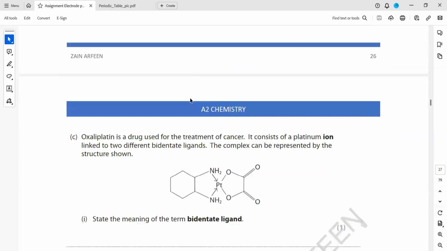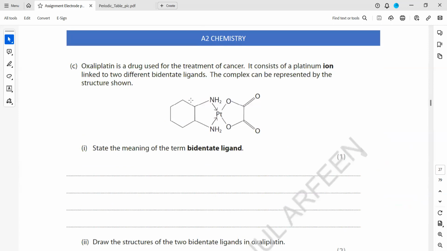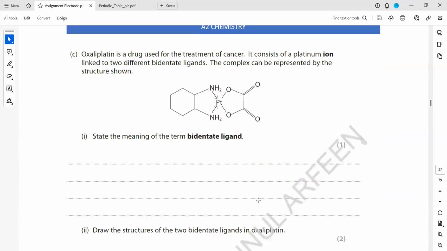Part B. State what is meant by a bidentate ligand. What is the meaning of a bidentate ligand? A ligand which has 2 atoms that can form a coordinate bond with a metal. So bidentate